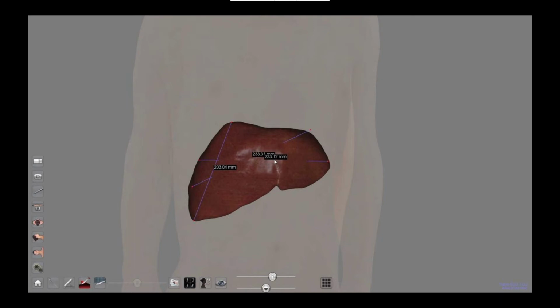In this case, I will have displayed the different values of these diameters. And if you keep in mind this value,